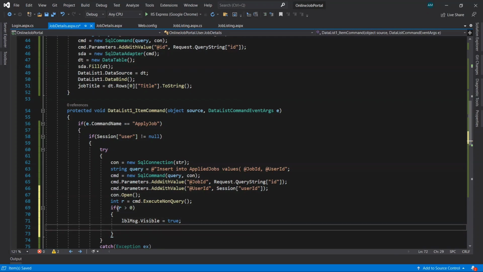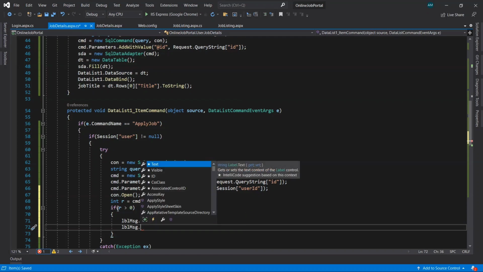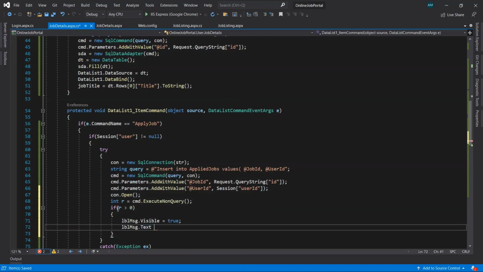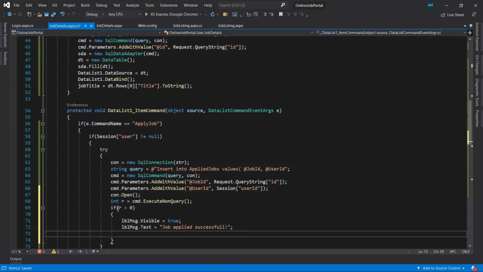Then we'll display in the label the message: Job applied successful.